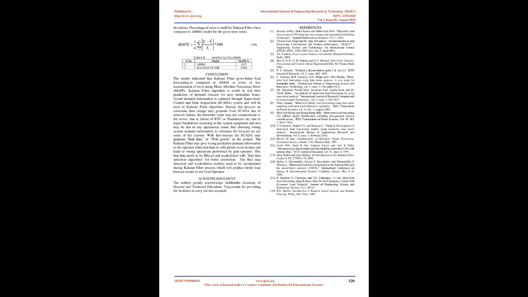C. RMSE. RMSE represents the root mean square error used to calculate the accuracy between the actual and forecasted values. RMSE was calculated for both ARMA and Kalman filter and the values are presented in TABLE 1. The minimum RMSE value of 11.34 obtained for the Kalman filter indicates that the model is the best fit of the time series data compared to the ARMA model.